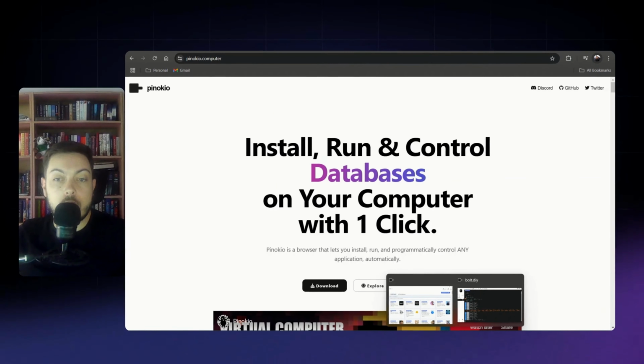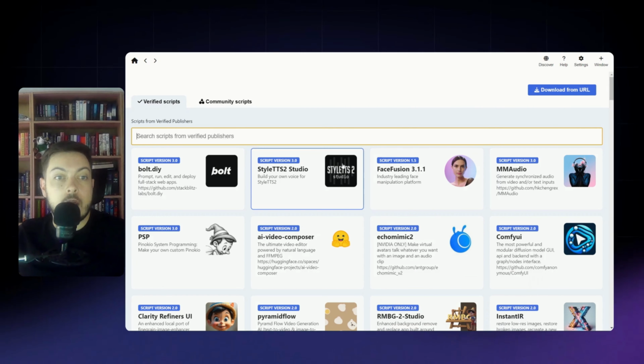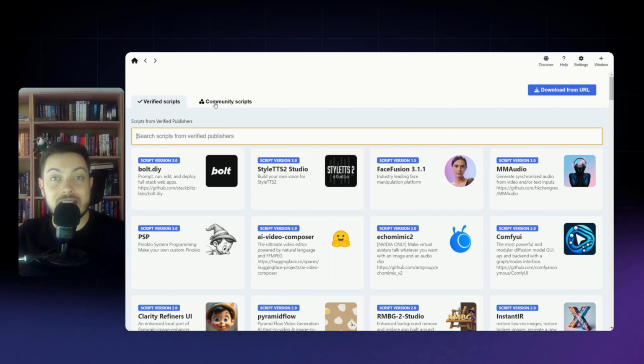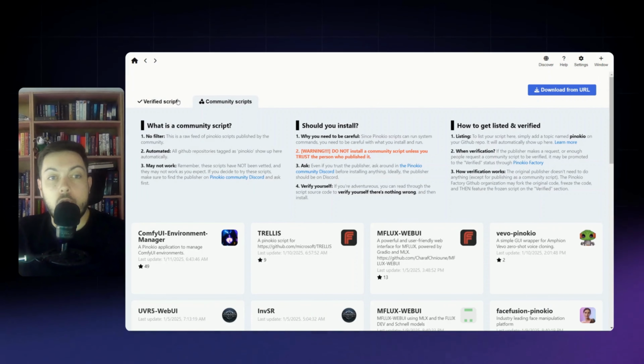I've installed Pinokio, and once you load it up, you can go to the Discover page, and there's two types of AI apps. So this is literally, to me, the AI app store, right? Apple has an app store. This is an app store for AI applications that you can install locally. It's like a Steam store. It's amazing. So you can go to verified scripts, which are verified applications, and there's also community scripts, which are